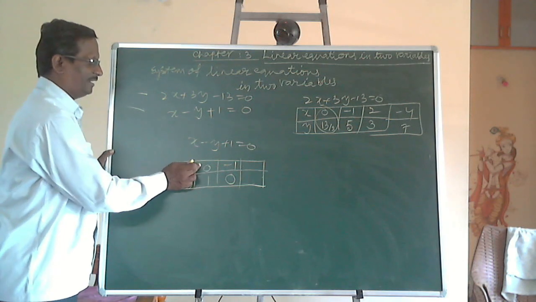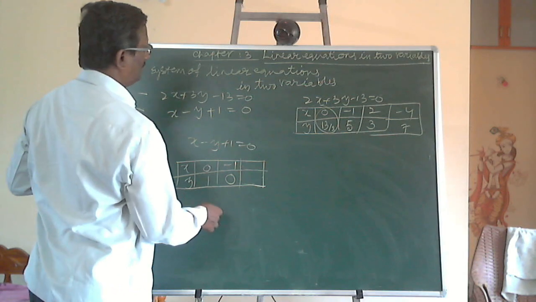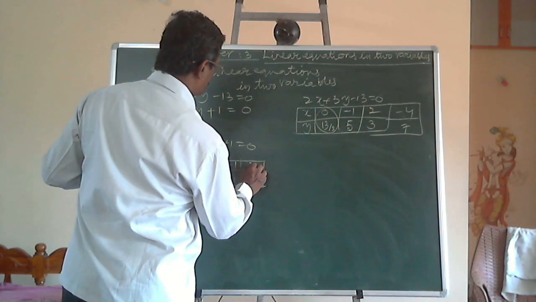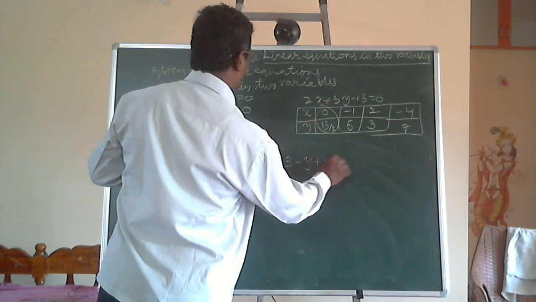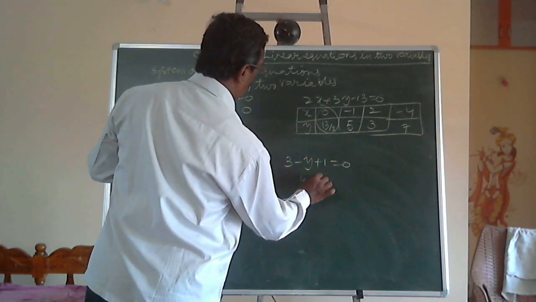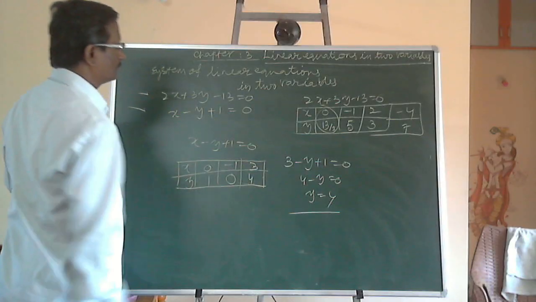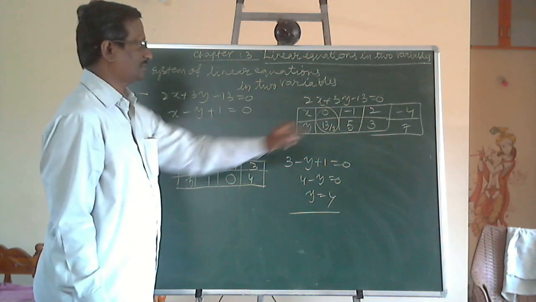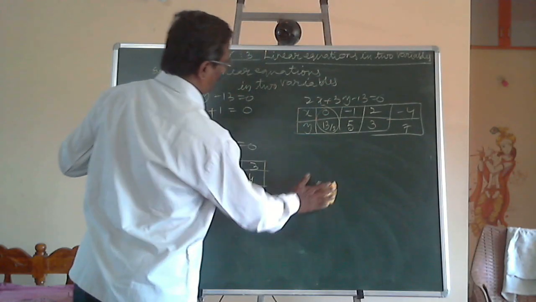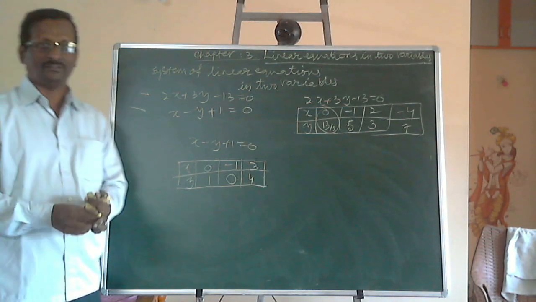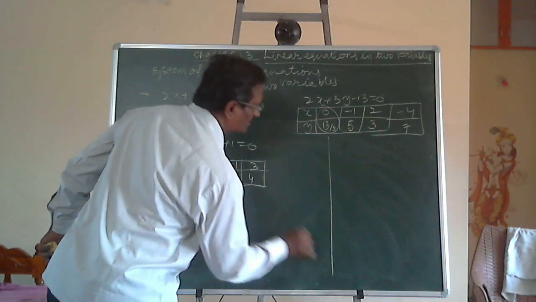Here I have calculated the y value for an x value, and for a y value I have calculated the x value. Then x is equal to, for example, 3: 3 plus 1 is 4, so 4 minus y is equal to 0, or y is equal to 4. Like this, first equation 3 solutions, second equation 3 solutions. I have calculated the 3 solutions for both equations in such a way that the x value is an integer and the y value is also an integer. Now, on representing graphically,